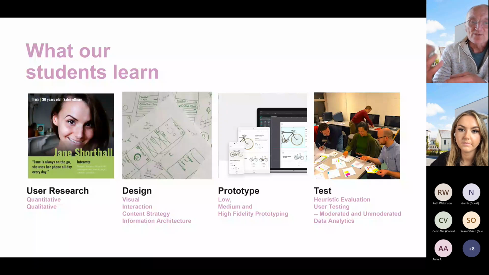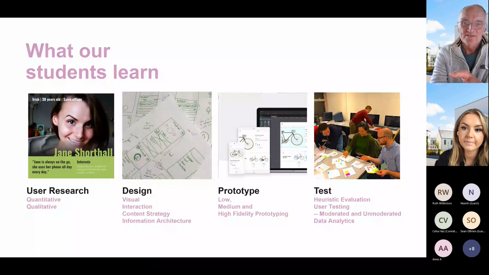From a design point of view, we learn about how we do interaction design. We learn about how we do visual design, graphic design. We'll also learn about content design, content strategy. How do we make sure that the content on the website is effective? Because people don't come to websites for the interactive bits. People come to websites for the content. So we've got to make sure that the content we have on the websites is serving its purpose.